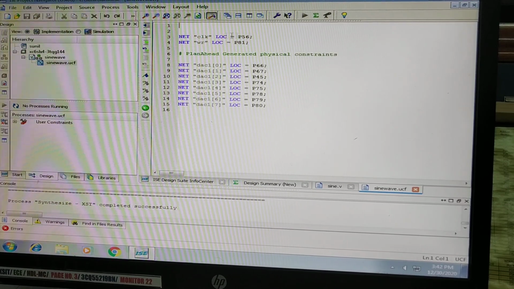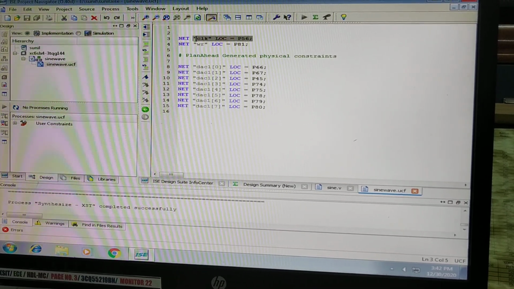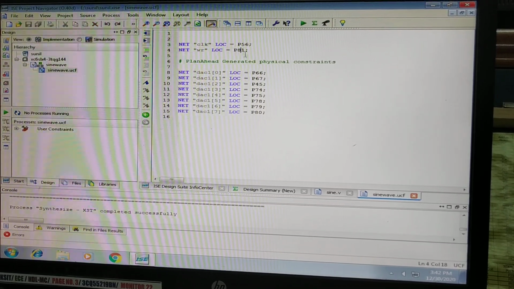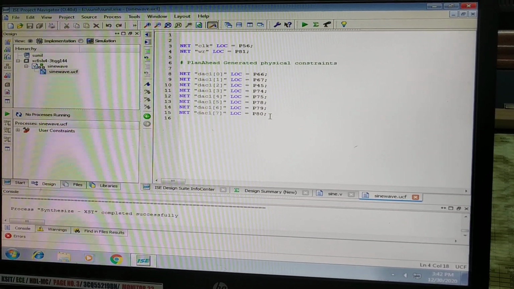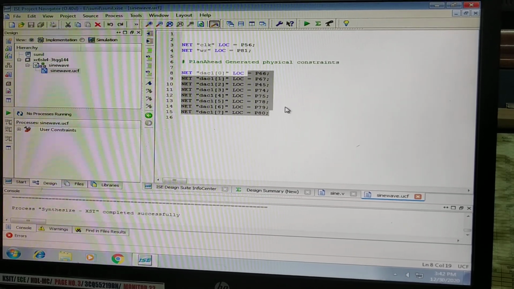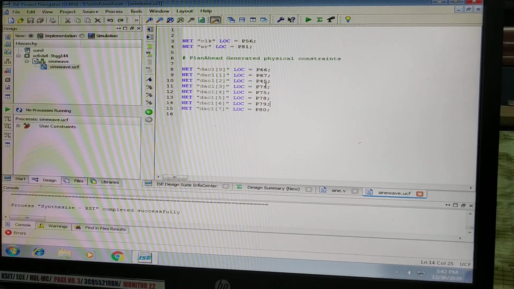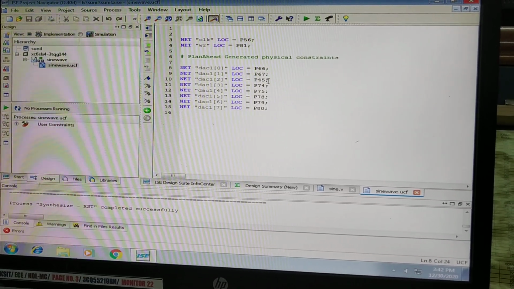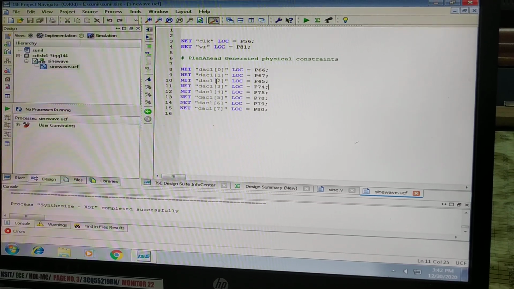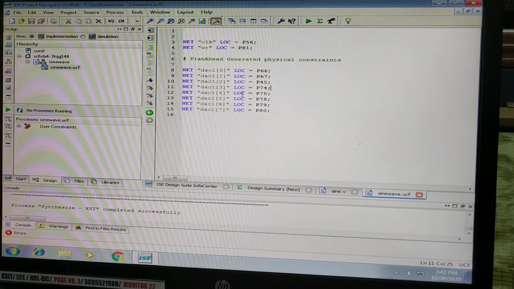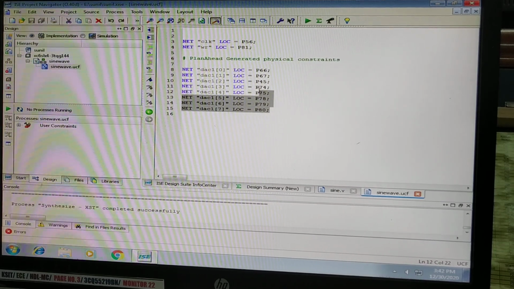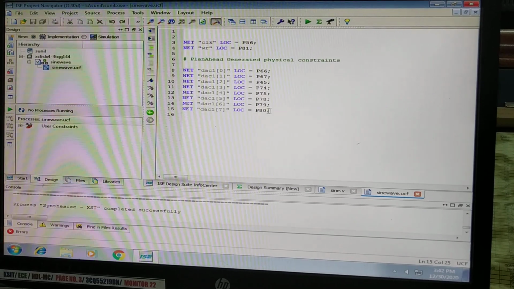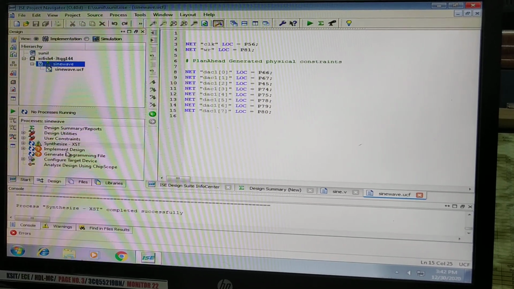These are the connections which have to be made. Clock has to be connected to 56. Write pin has to be connected to 81, and the 8-bit digital data has to be connected to these pins: 80, 79, 78, 75, 74, 45, 76, and 66, 67. Be careful, here there is a 45 pin. This has to be connected to DAC of 2. These connections are already made. We just have to choose the right port. Okay, now implement design.